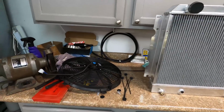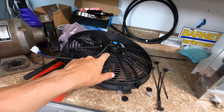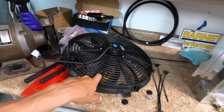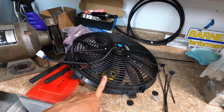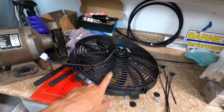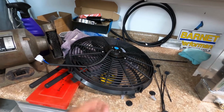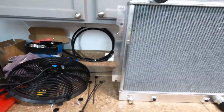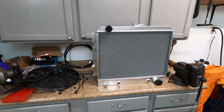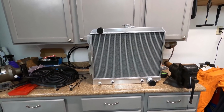And for anybody wondering, this is the same radiator fan that's in Big Red. It's been in there for almost 8 years, since 2012. So that fan in Big Red has never died. Those things are like $35, $40 on eBay, just cheap China stuff. But anyway, I'm going to go ahead and mount that radiator fan on there,